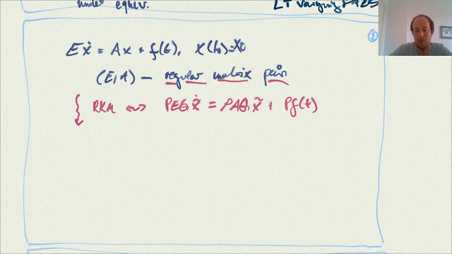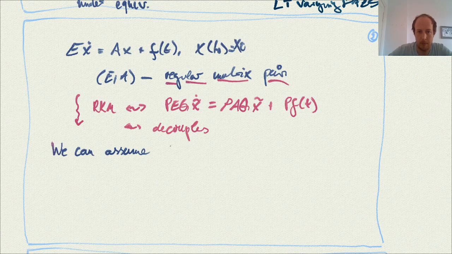So we can assume that P E Q and P A Q is in canonical form. Then we also found that the parts really decouple as well. And so we can assume again for the analysis,